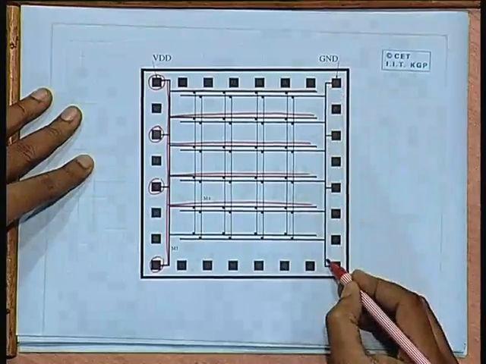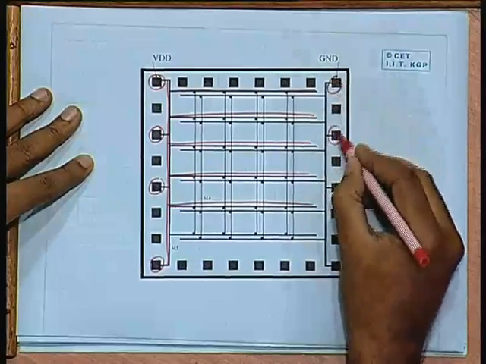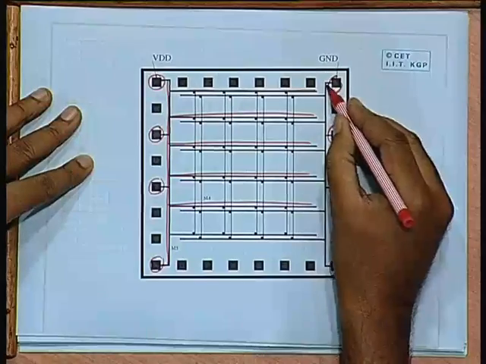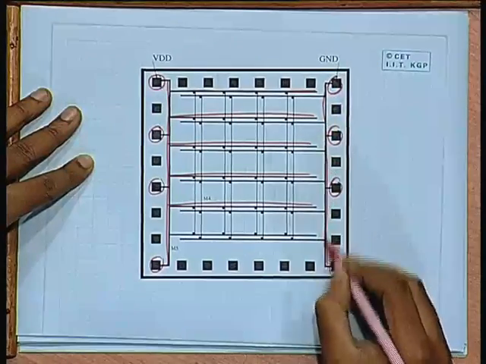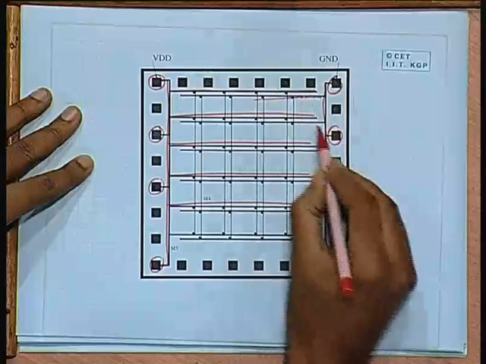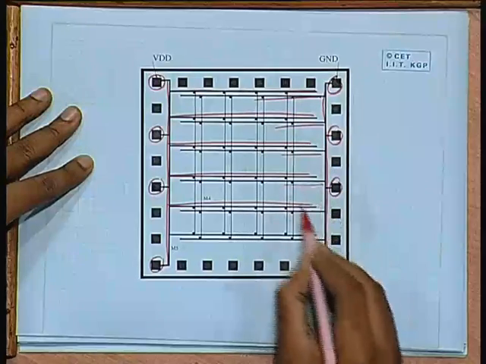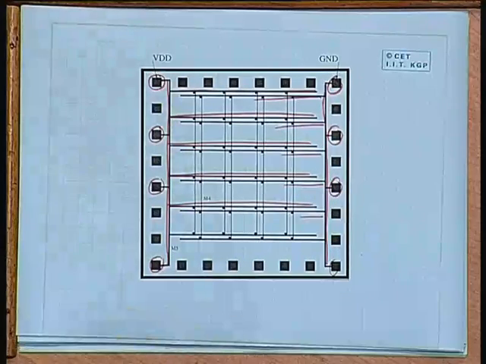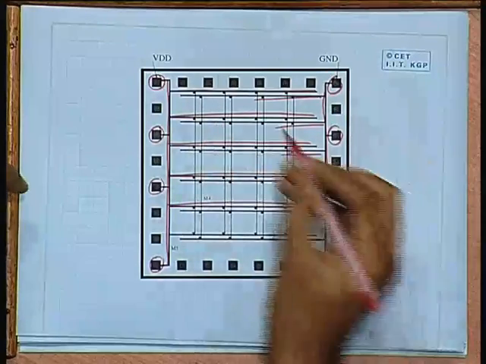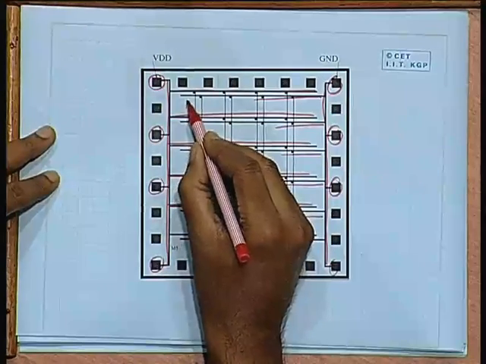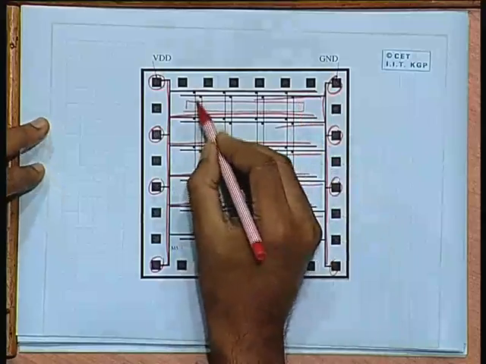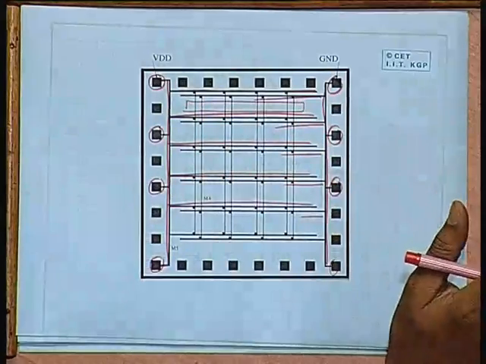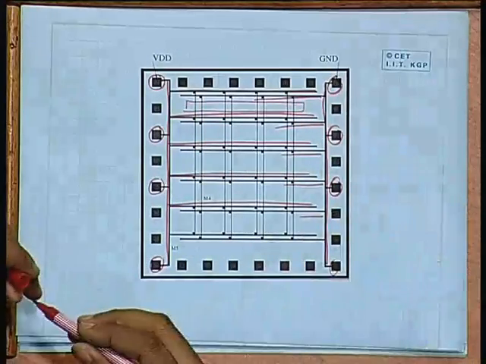Similarly, from the other side there is a ground net, there are several points again on the other side for ground, there is a vertical line like this, and from here you have several such ground lines running. So, it is like a comb, from both sides a comb is coming, and if it is standard cell based design, for the cell rows which are laid out in between, you can uniformly get VDD and ground in all rows in uniform places. So, this is a very common kind of layout for standard cell based designs,